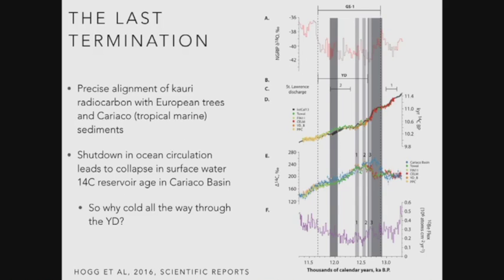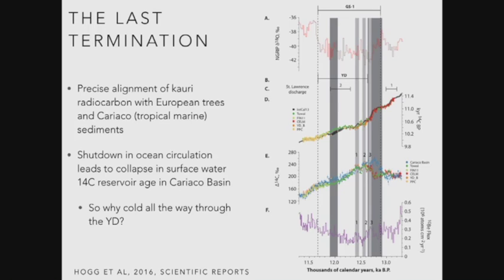So one of the things we wanted to do was actually test this as an idea. And one of the things we've been very fortunate with, we have a site called Towai. This has just been published in Scientific Reports. It's a 1,500-year, or just shy of 1,500-year sequence. We've got close to 40 trees cross-dating. We just stumbled across it. We're very lucky. It was a terrible drought. Lots of trees were discovered. And the result is all these trees cross-date beautifully. So we've got this nearly 1,500-year record.